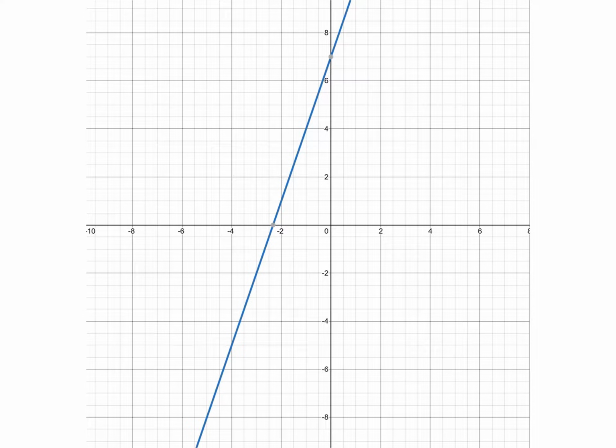Okay, so in this question, you are given a graph of a line. And the question says, what is the y-intercept of this equation? We want to figure out what the y-intercept is equal to. Now, if you remember,